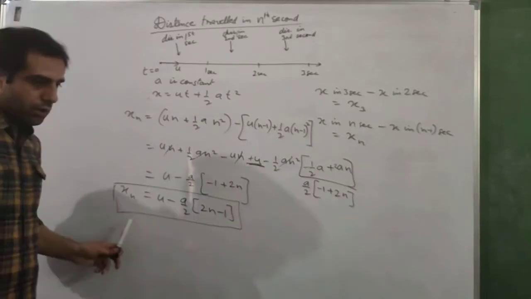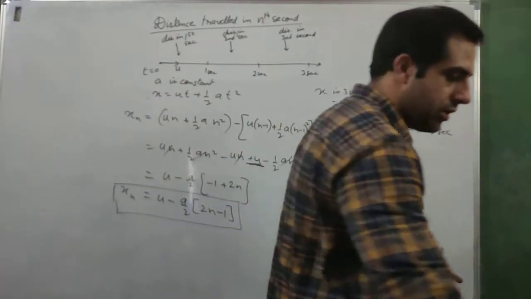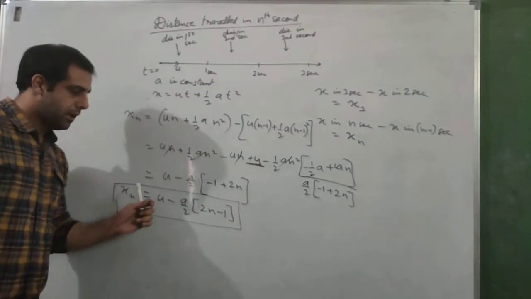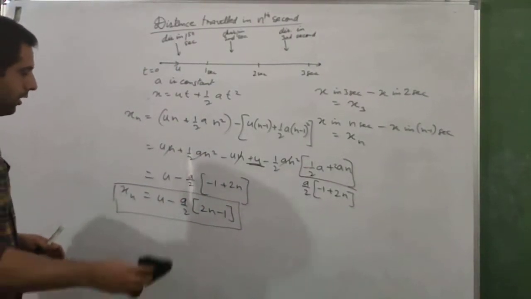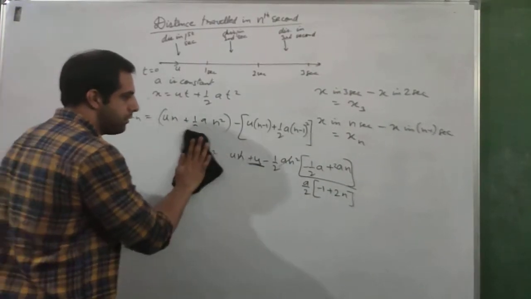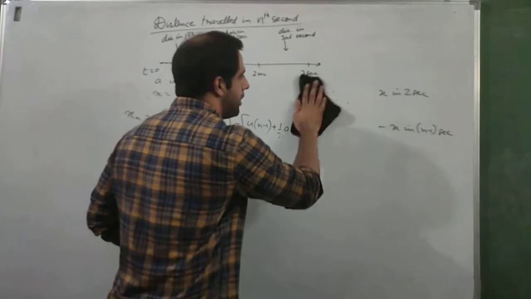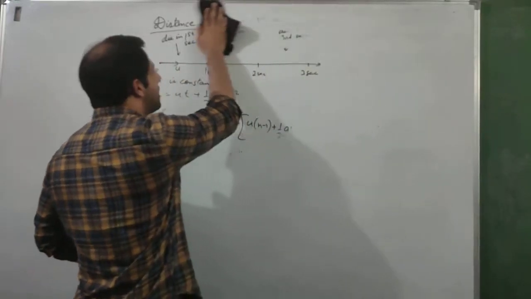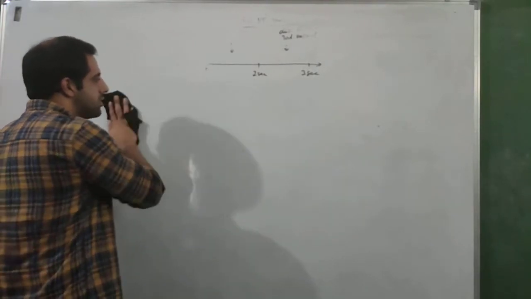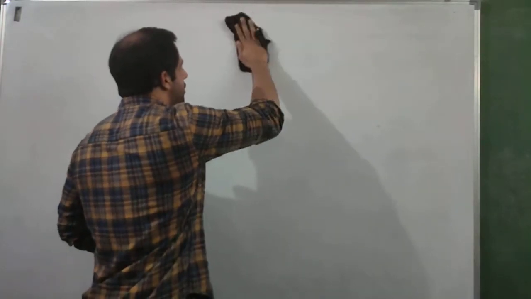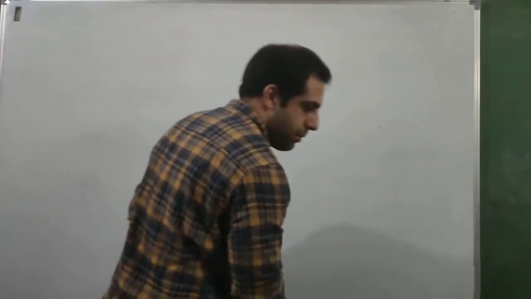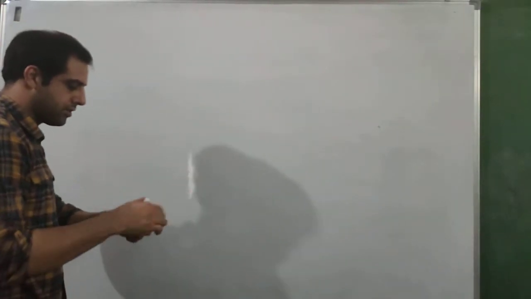So this is a very important formula. There are many numericals based on this in your regular course, and for the students who are preparing for competition exams, this is a very important formula. So till now we have studied 3 equations of motion and this particular equation to calculate the distance travelled in nth second. Now there is an important thing about these 4 equations that you should note. You should write it down and memorize it because it is going to serve you for the rest of your studies.